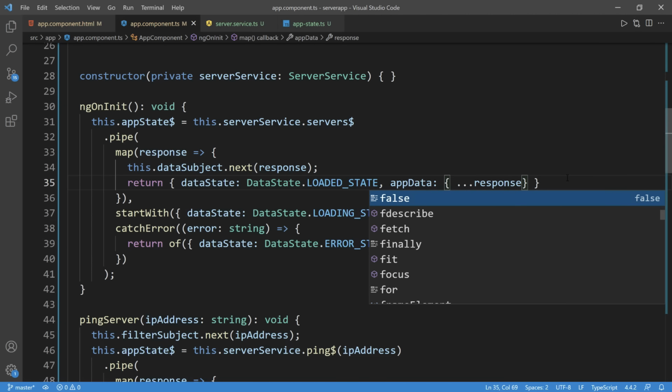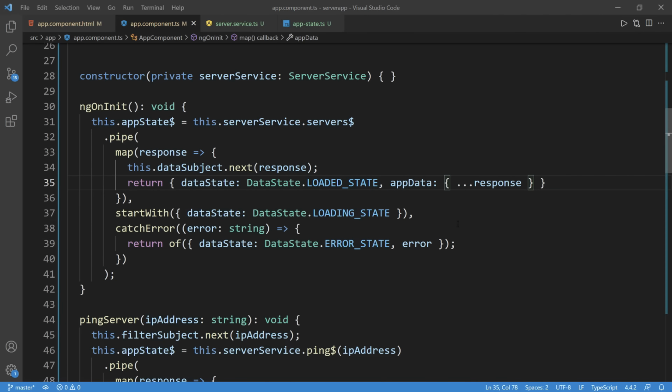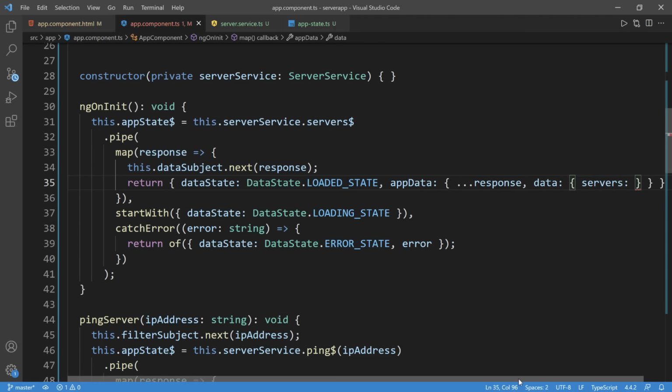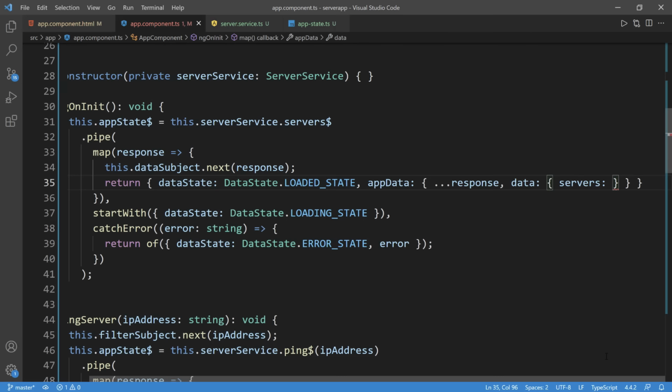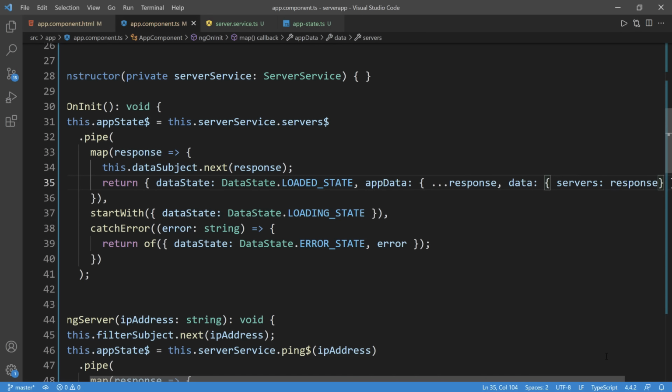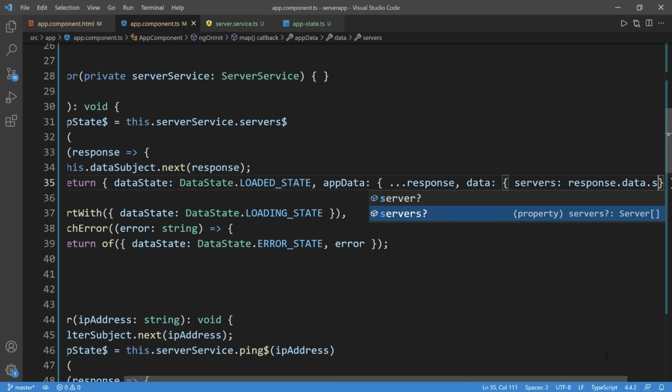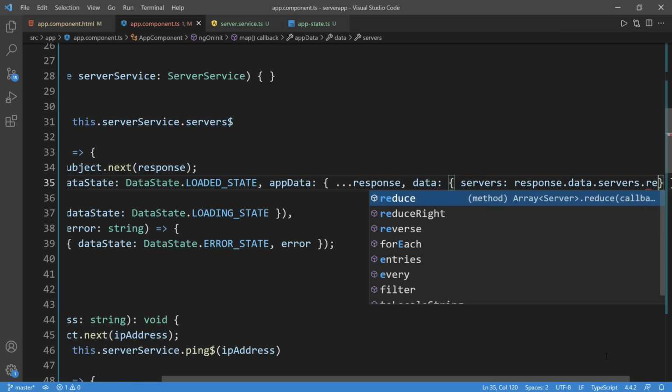So I can spread everything from the response, and then I can just override the data. So here I'm going to say for the data property, and remember the data is an object, so open and close curly braces again. And then here I'm going to say for the servers property, servers, and I'm going to scroll to the right so you guys can see what I'm doing here. I'm going to say get the response, get the data, access the servers,